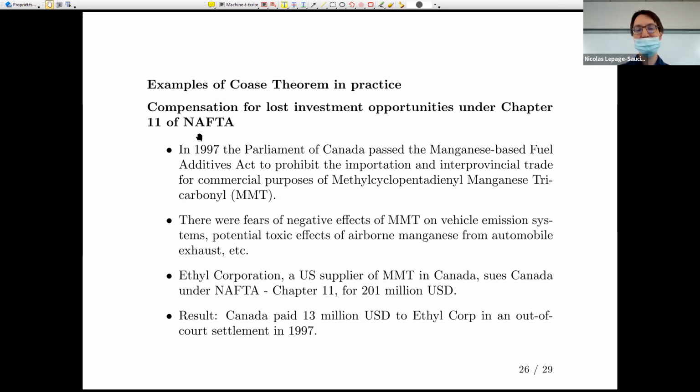So then they included in this NAFTA agreement Chapter 11, which essentially said that if you are an investor who bought or started doing some business in some country, and then there's some law, whatever it is, that makes you lose profits that you anticipated you would be making, then they can just go to this